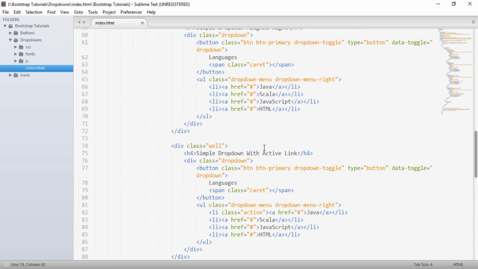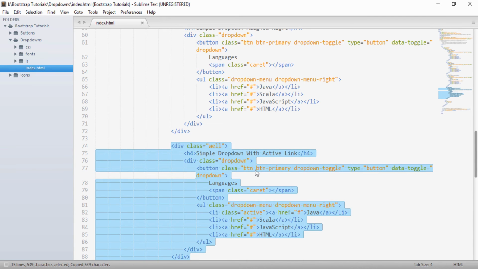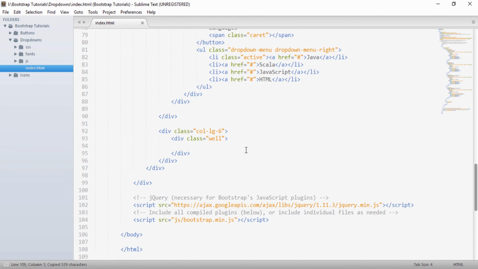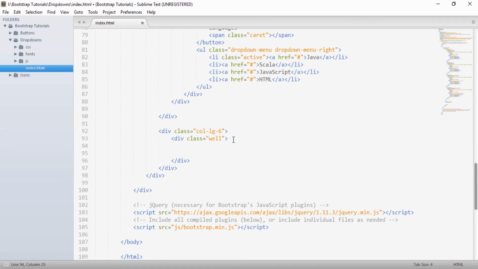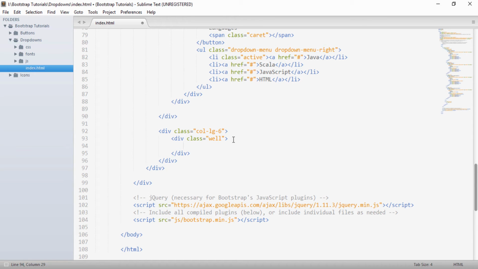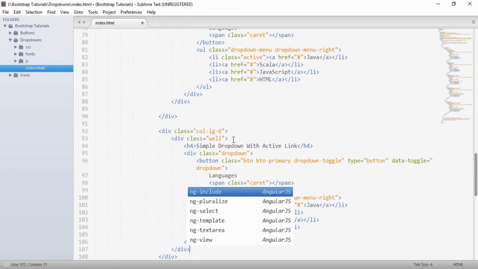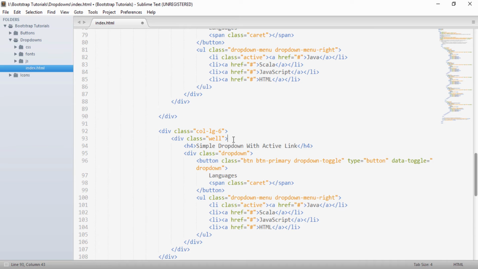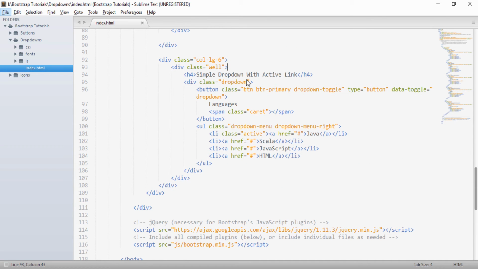Moving ahead, I will again copy this and put it in my second six-width column, so that I can show you more drop down features. Paste. Here we see Java, Scala, JavaScript and HTML.